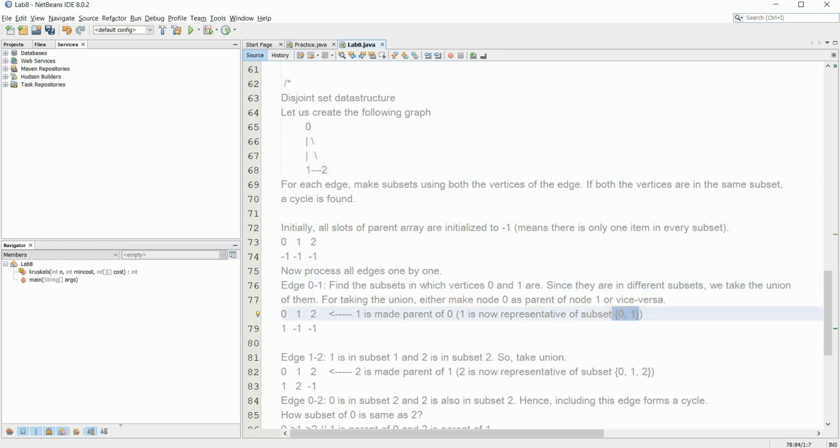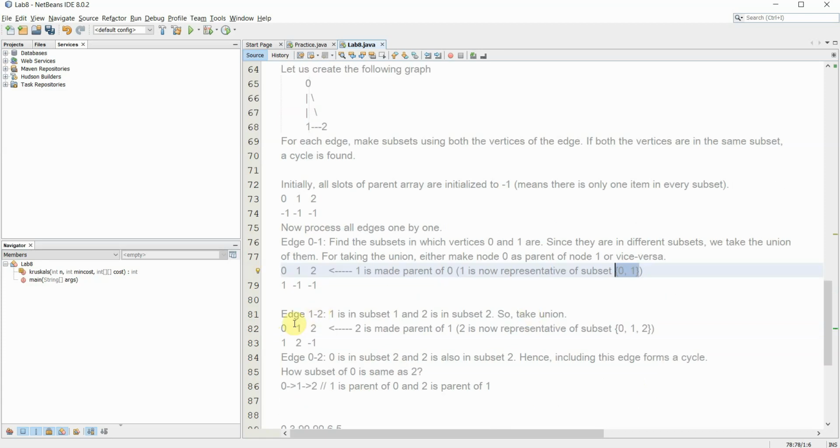This is the representative subset. Now, when you consider the edge 0 to 1, make the parent of 0 as 1 or the parent of 1 as 0. Either way you can do it. Here what we have done is, the parent for vertex 0 is 1. When I process the edge 0, 1, I make the parent of 0 as 1, so I update the array parent to 1 from -1, and the representative subset is 0, 1.